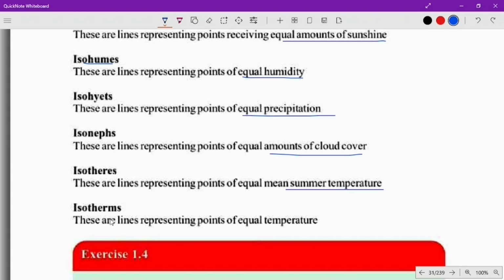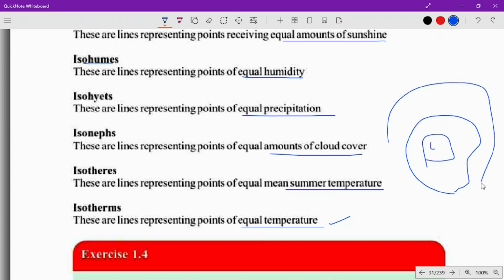And lastly, isotherms, lines representing points of equal temperatures. So those lines that you see like this on the map, they are not just there for fun or to show you something. They give us very important information. Like in this case, if this L is representing low pressure,